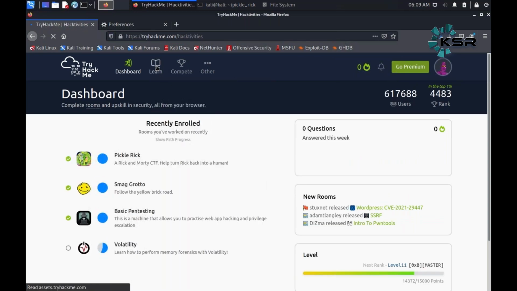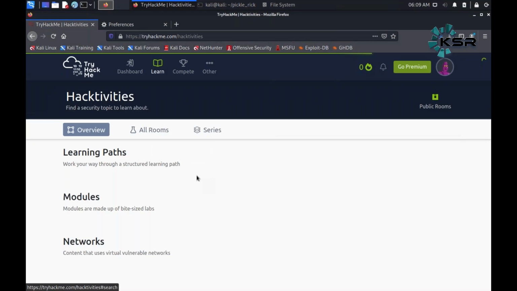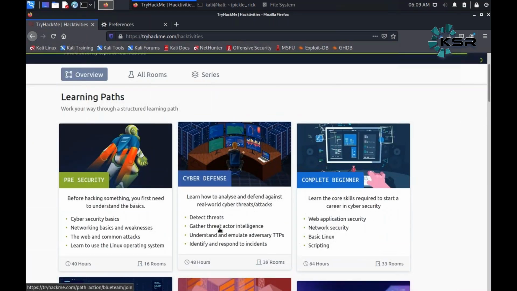You go to a section called Learn, and there are different learning paths. So basically, when we start our course, in the first 5 to 6 classes, I teach students through this platform because this is very easy to use. And then once you have understood all the different concepts, I will take you to some other labs that I will create by myself. Security architectures that I will create by myself, security configurations that I will create by myself.